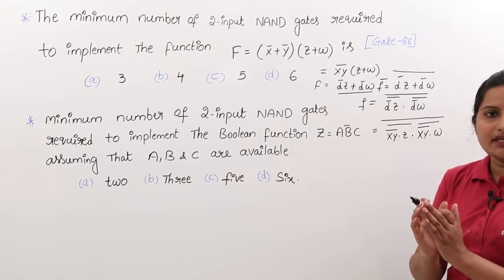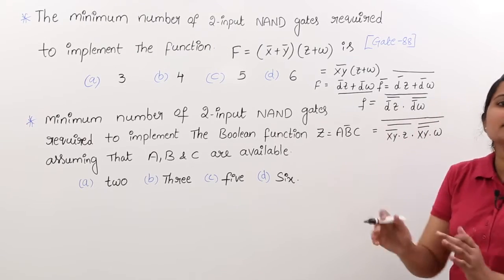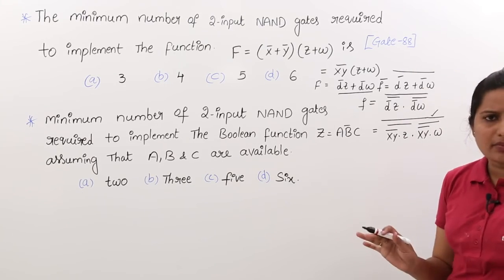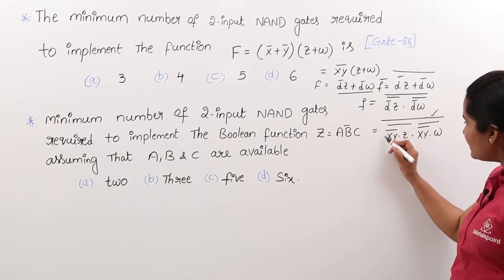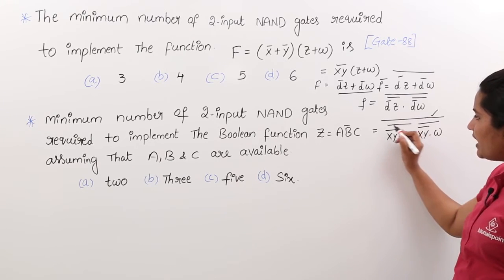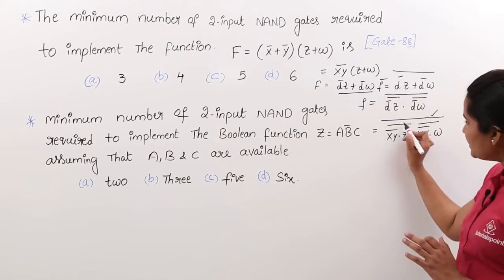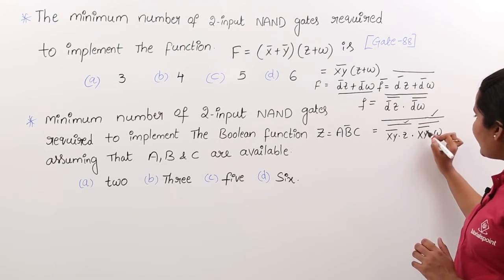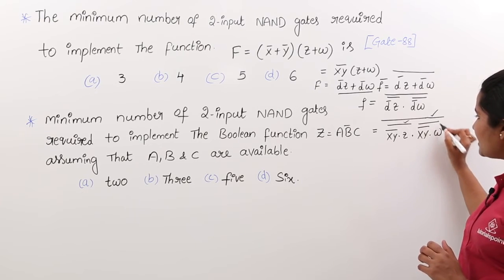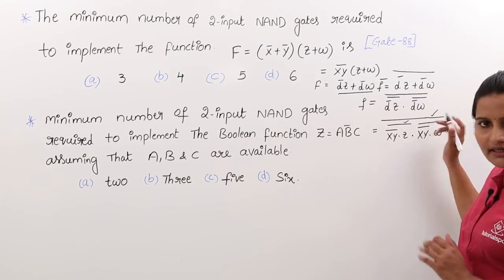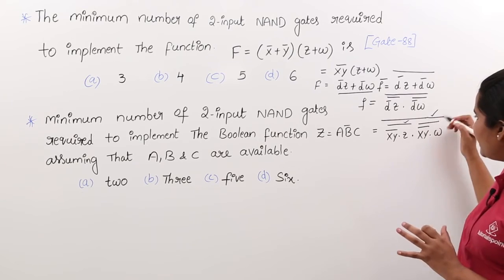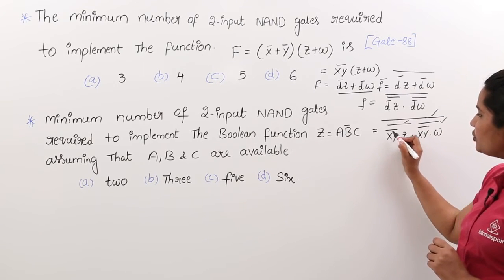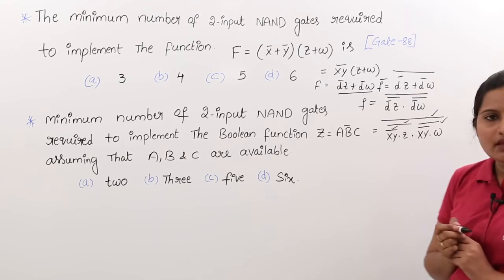Anything multiplied with another whole bar means that is one NAND operation. So the number of bars represents the number of NAND operations. This is one, and this thing multiplied with this thing and complemented is another NAND operation. This is one bar, and here this is multiplied with this thing, and to complement this and to make this combination we need another NAND. And here X into Y whole bar, this is one NAND.